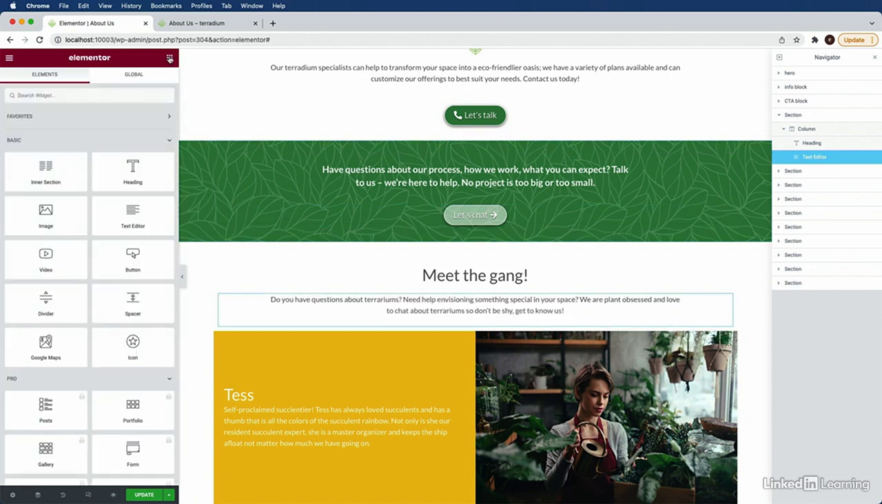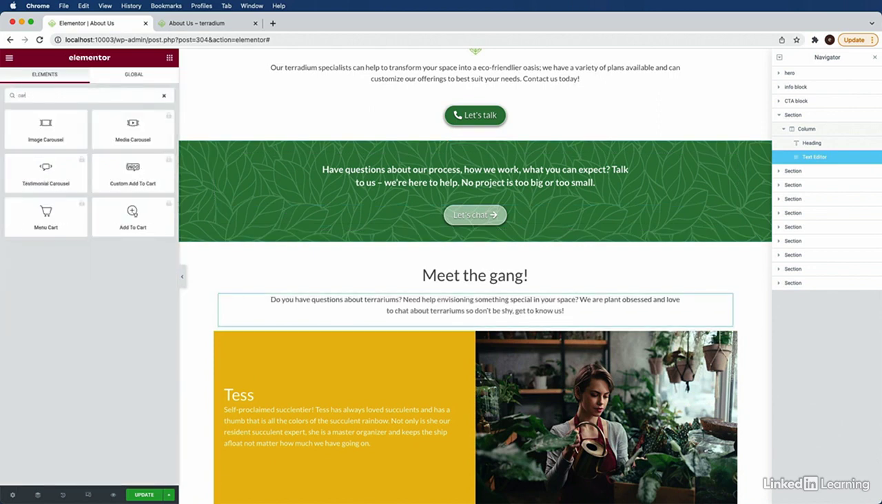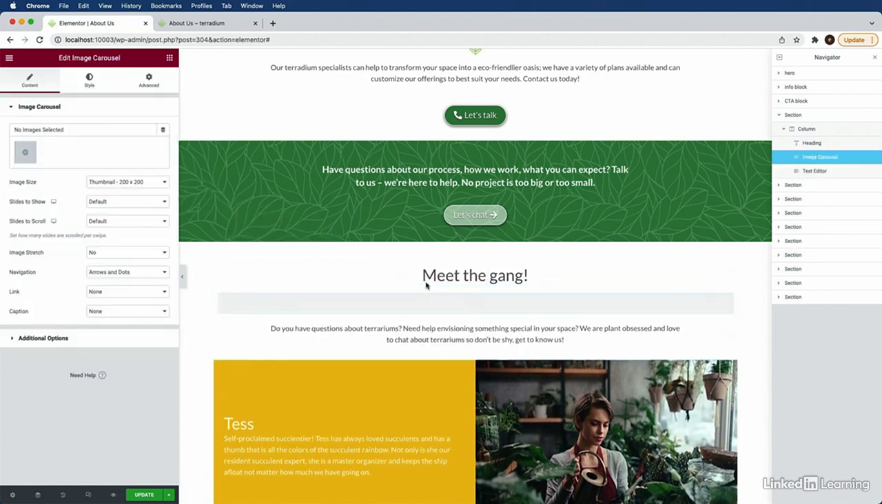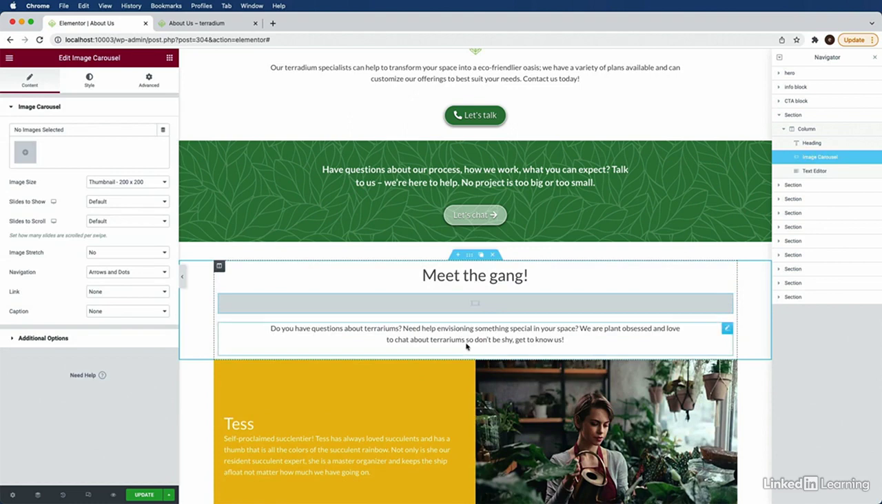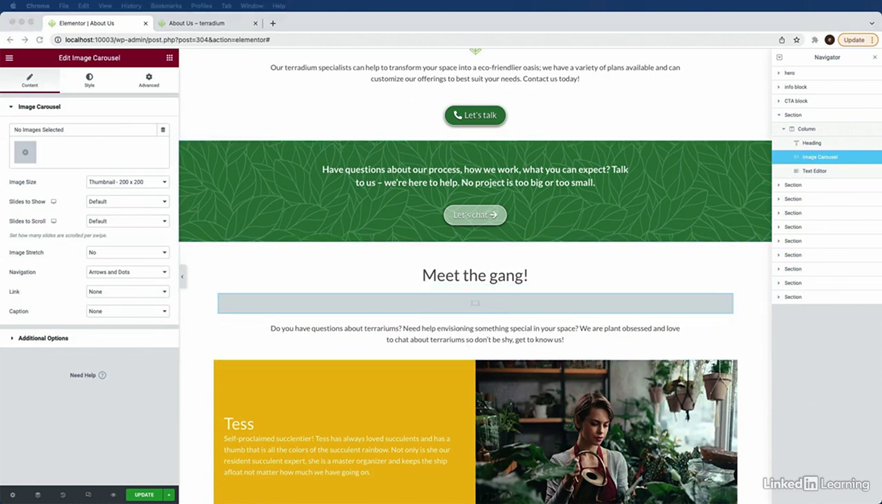Next, I'll go to the widgets and I'm going to search for carousel. As soon as I start to type that in, you'll see that we get the carousel related widgets. I'm going to be using the image carousel, so I'm going to drag this right in between the title and the text. Once you insert the carousel widget, you'll have the ability to select the images that you want to